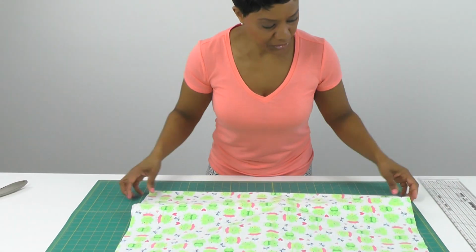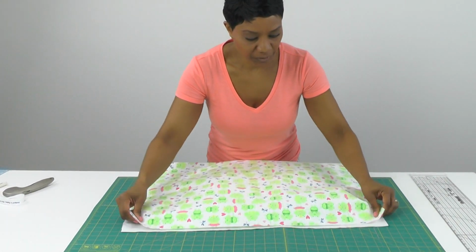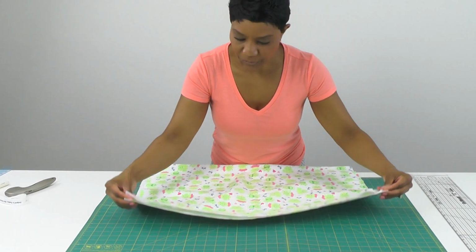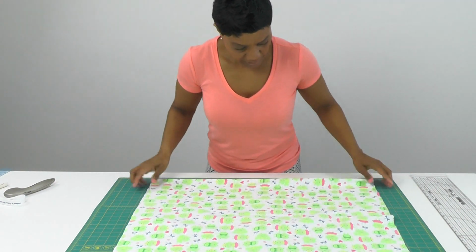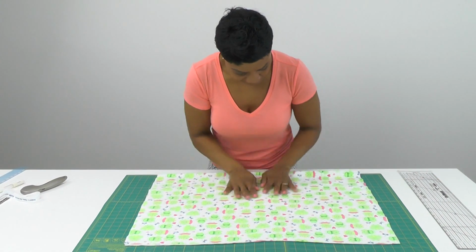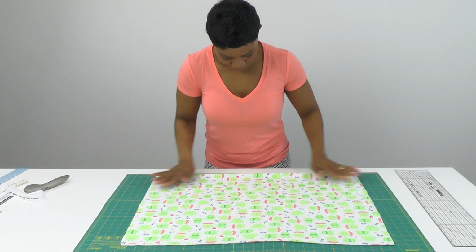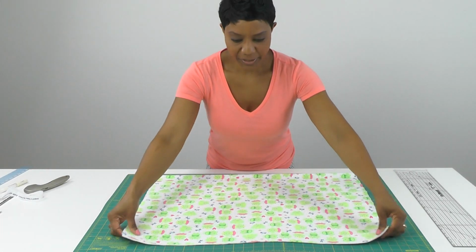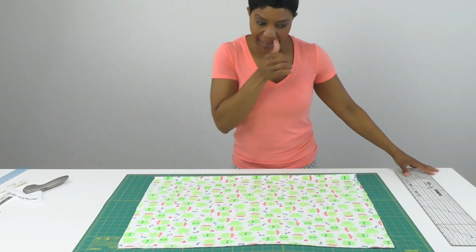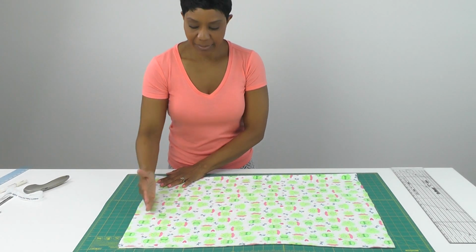Okay, so what I want you to do now is fold it back, and I want you to fold the edges together. So fold your edges together. Make sure we have a nice even piece here. Now, you're going to take the fold of your fabric, and what we need to do, not the fold, the edges of your fabric, and we're going to establish a